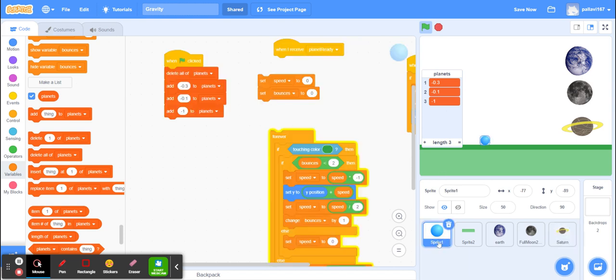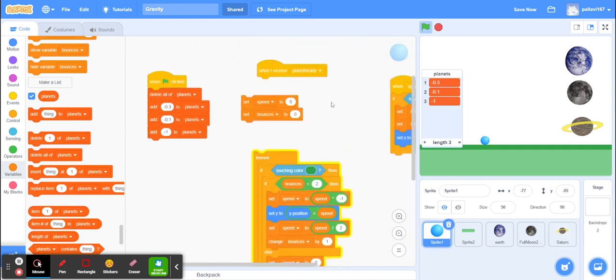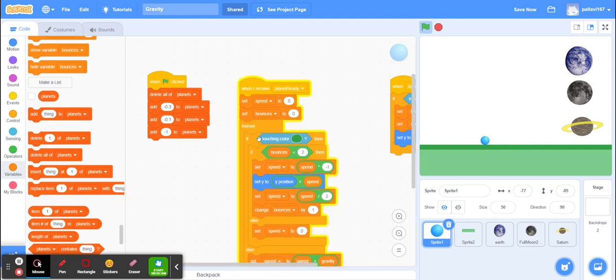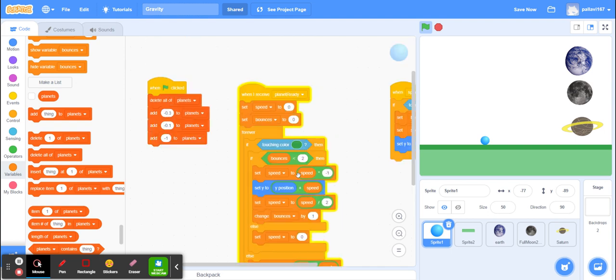Coming back to this code, we have made a list and we have deleted the list items when the green flag is clicked. So we want to initialize that list also. So by deleting all the numbers that are there in the list, we are initializing it to basically the empty value, empty array or list. Now here, as I mentioned, all the variables have been initialized to 0, and after that, we are going to create a code for making the ball bounce.